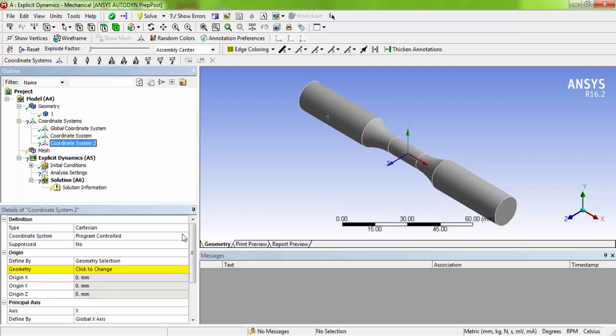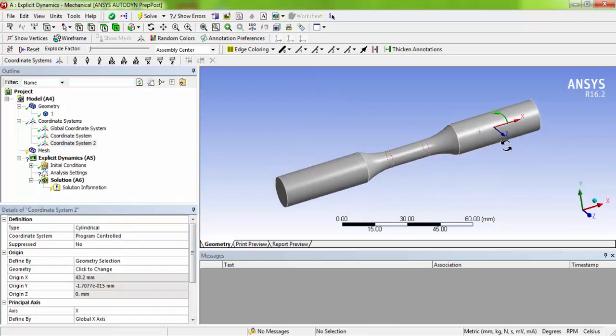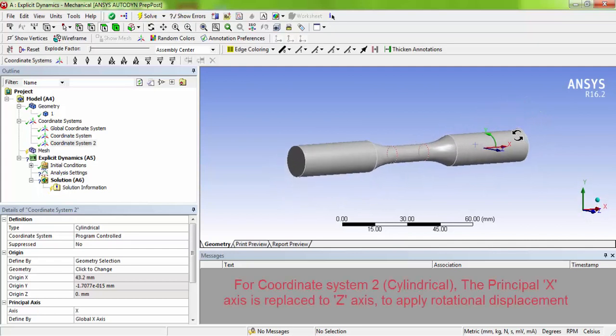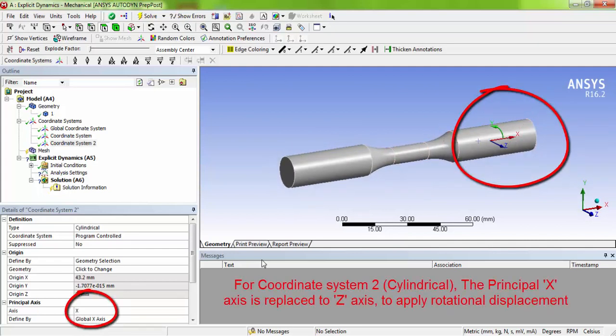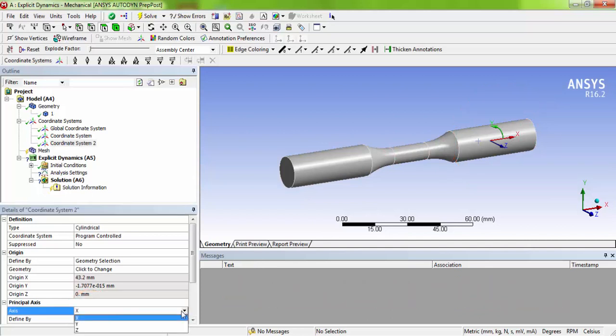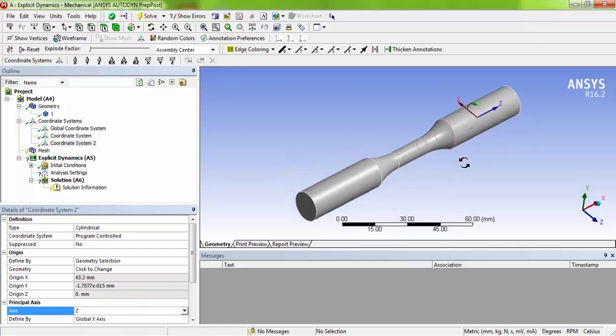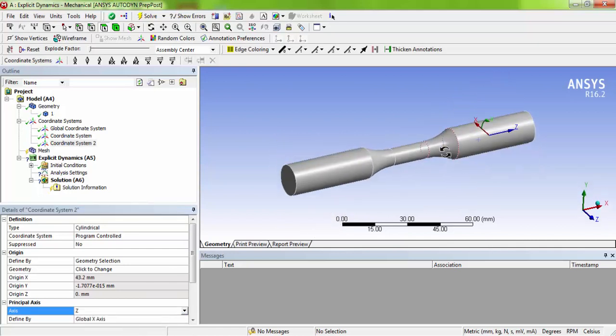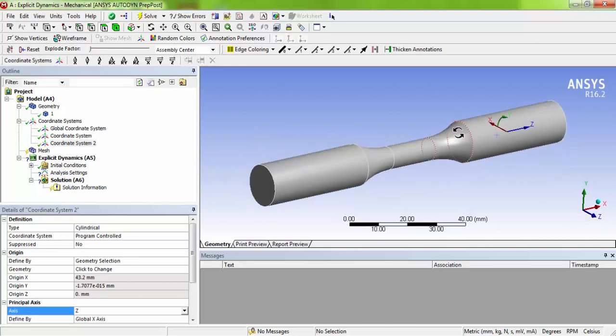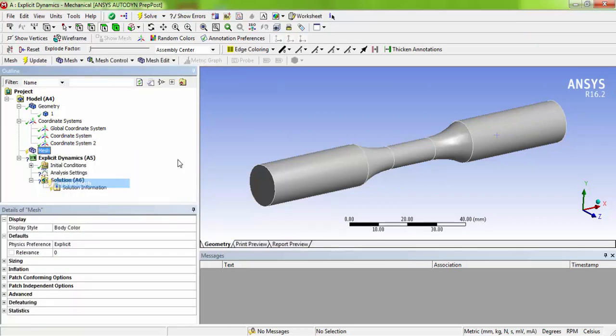The second coordinate system, create as a cylindrical coordinate system, select this face and apply it. Change this to Z. The axis should be in Z direction. So this is your cylindrical coordinate system. Then right click the mesh and generate the mesh.